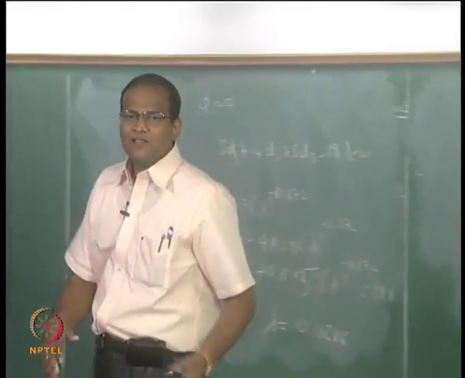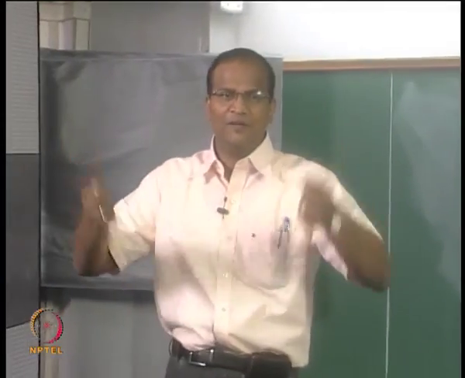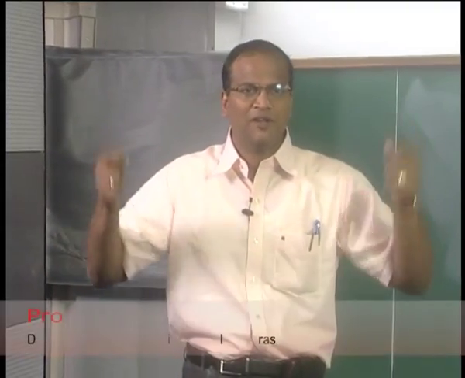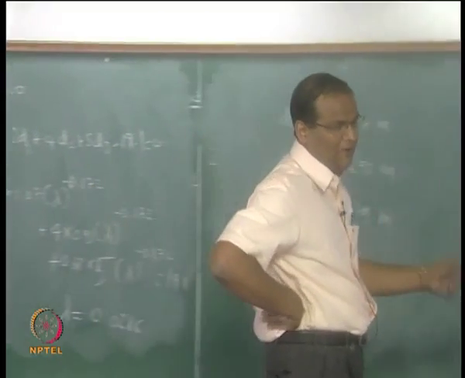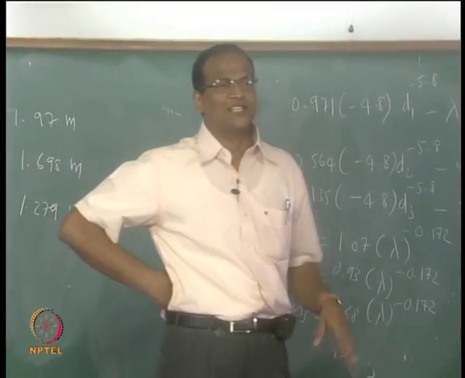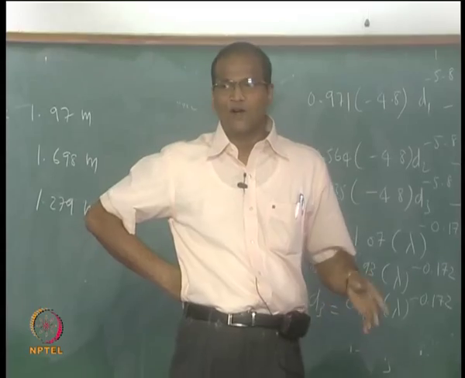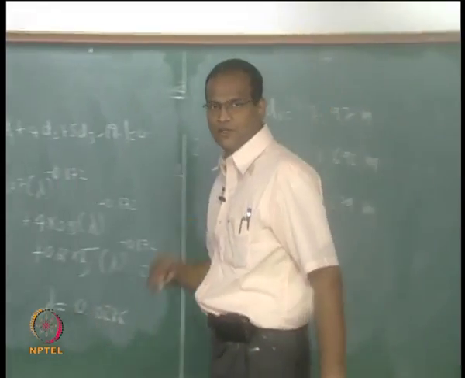So we can complicate this by having several streams which are coming in or going out. We can have several D1, D2, D3 up to Dn and so on. Simple fluid mechanics Darcy-Weisbach equation, f L V squared by 2gD, can lead to so much. Suppose apart from fluid flow we have heat transfer also, there is a heat exchanger, there is a hot fluid, cold fluid, so several combinations are possible.